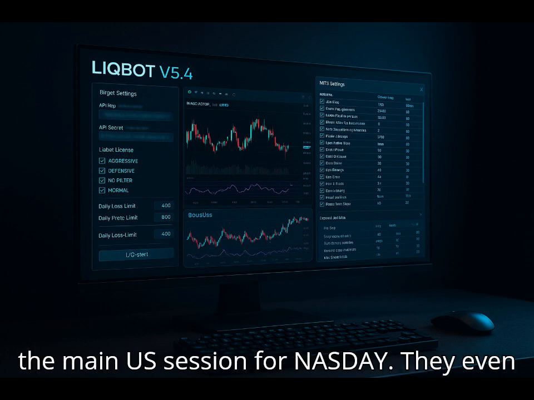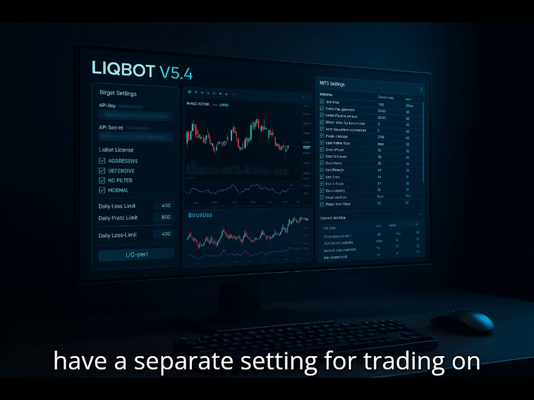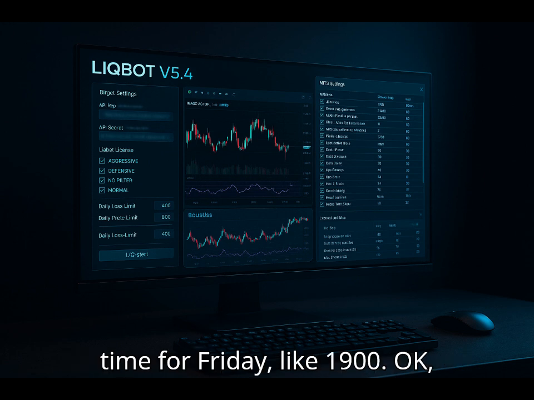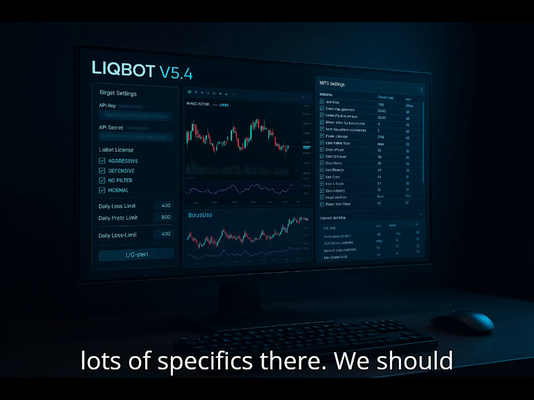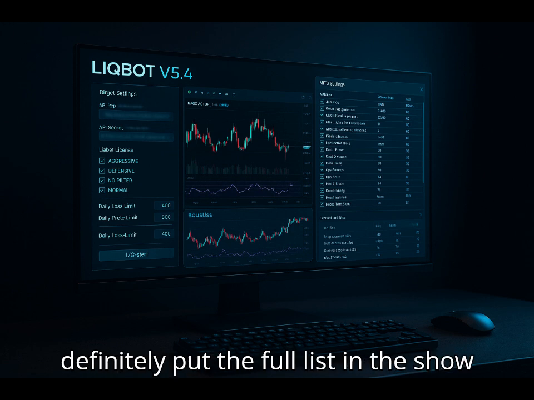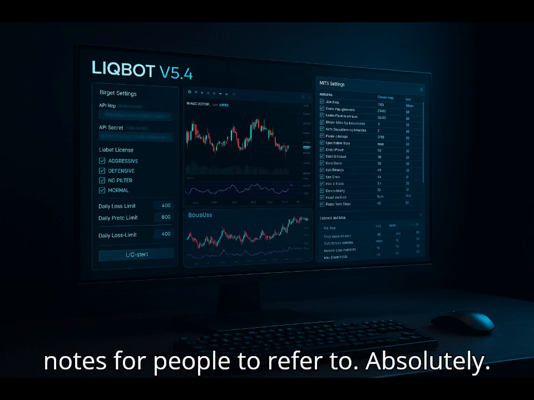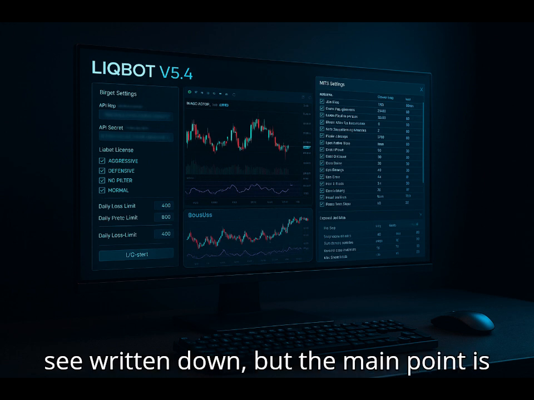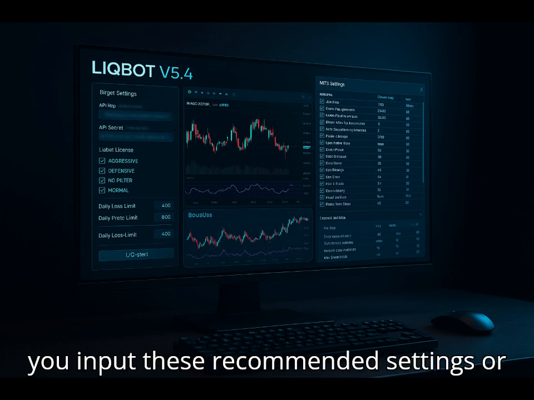Likely targeting the main U.S. session for NASDAQ. They even have a separate setting for trading on Friday and a potentially earlier end time for Friday, like 19:00. Okay, lots of specifics there. We should definitely put the full list in the show notes for people to refer to. Absolutely. Those numerical settings are easier to see written down, but the main point is you input these recommended settings